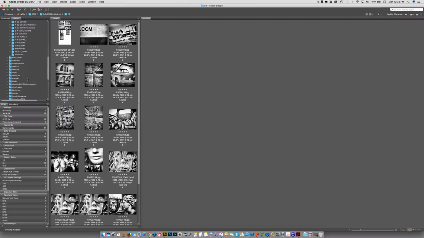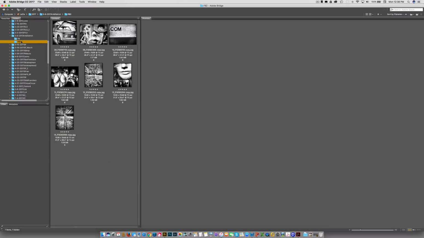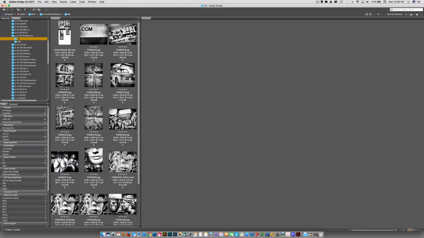And, oops, where did it go? Facebook 2. So then these are the resized 2048. That's the size that we post on Facebook. But just for fun, we're going to come back here and we are going to create another folder within this